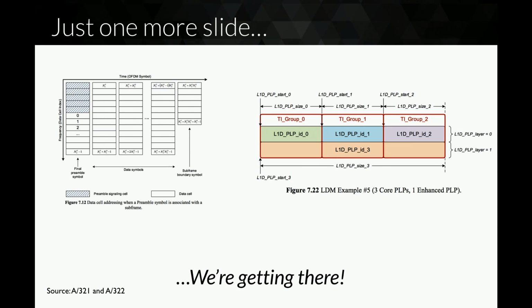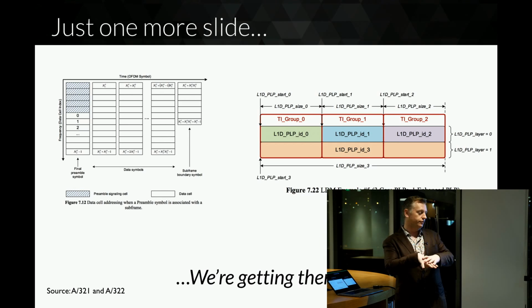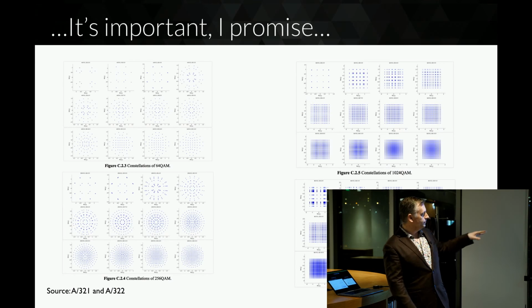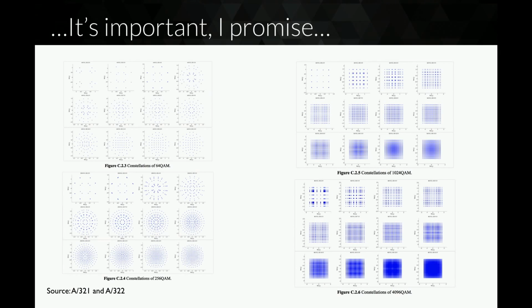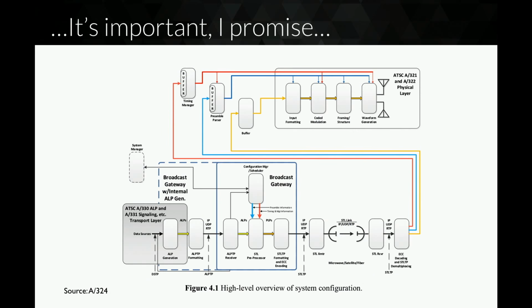And then we've got this different model of layer division multiplexing, which means that different towers in the single frequency network can have the same core payload, but then modulate on top of the waveform separately. And then we have all these exciting things about constellations of QAM and different carrier capacities. And then we get to the structure of the transmission system, where it goes through multiple timings. And again, this is all in software now.